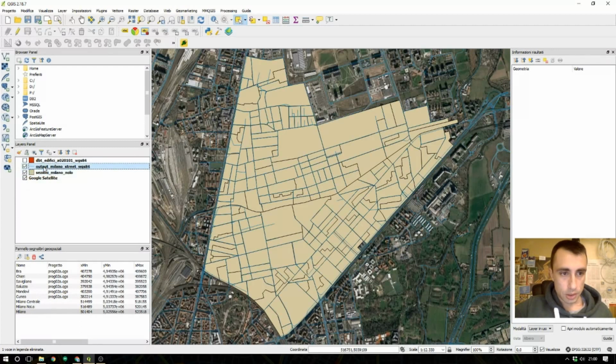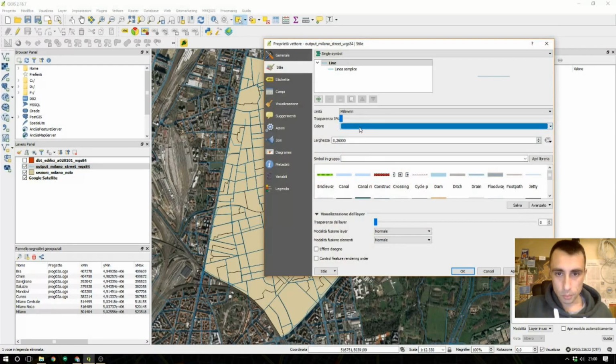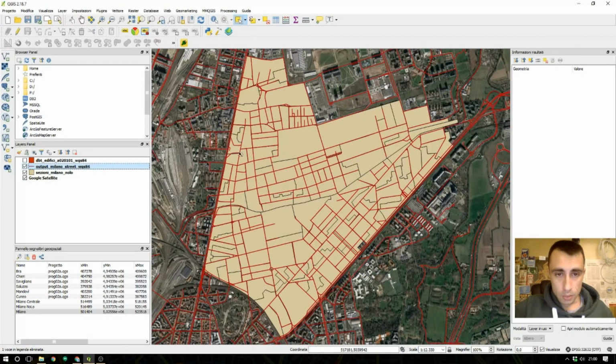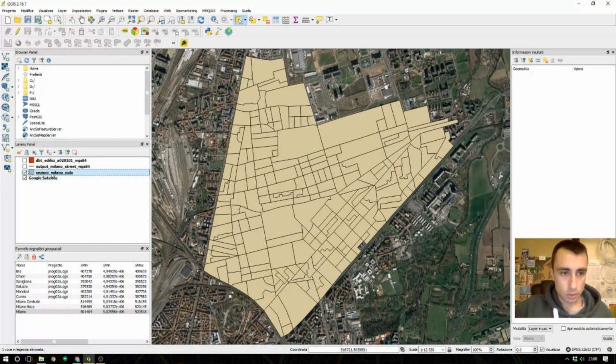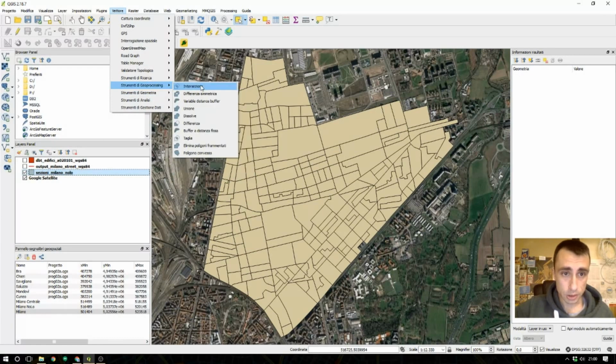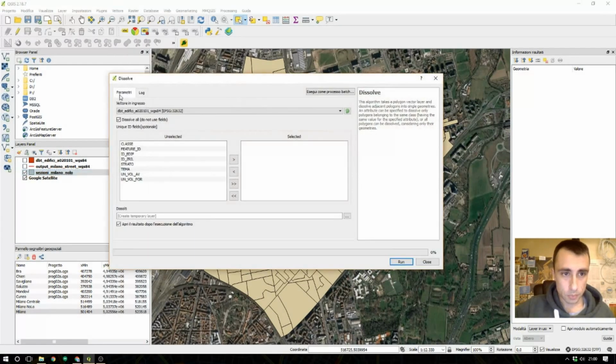Before the road cutout, give it a more visible color with line width 0.5 and do OK. This area is the road. Before cutting the road, I must try to unite this polygon. To do so, I go to Vector, Geoprocessing tools, and Dissolve.